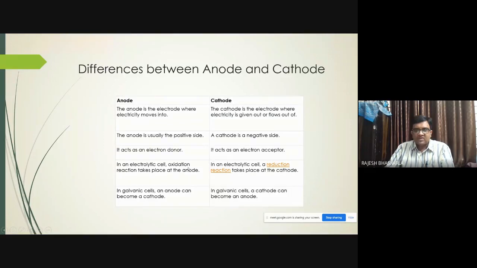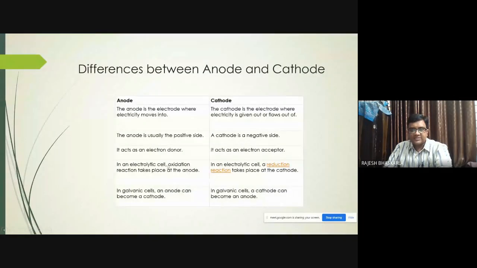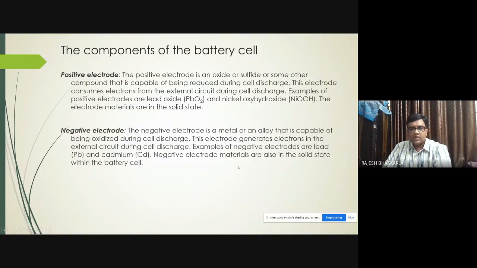This happens in the electrolytic cells, not in the rechargeable cell which we are discussing. What I mean to say is this is with respect to rechargeable cells, and this is with respect to single-use batteries. So this is applicable to primary batteries and this is applicable to secondary batteries. So you don't go through this slide; you prefer only this slide, because in all the cases we'll be observing that at the positive electrode reduction happens and at the negative electrode oxidation happens. We are going to see that in rechargeable batteries. Am I clear? Yes, sir.